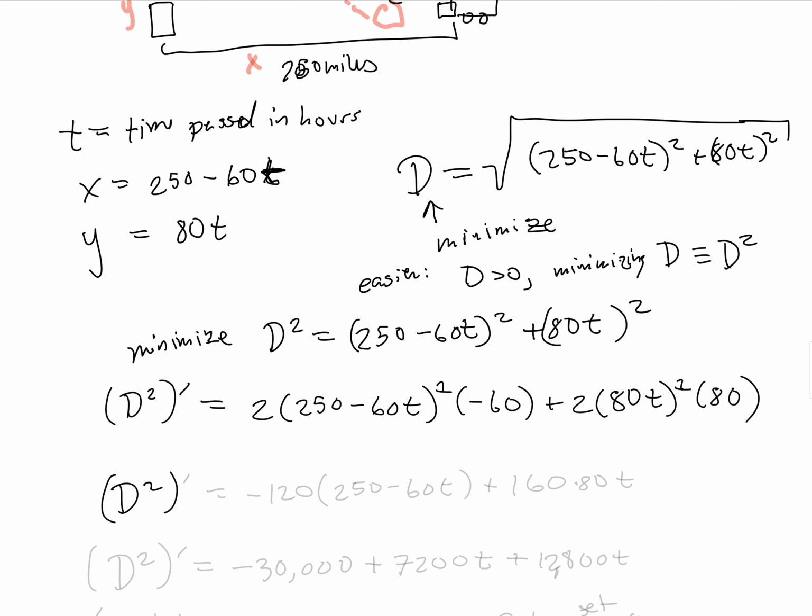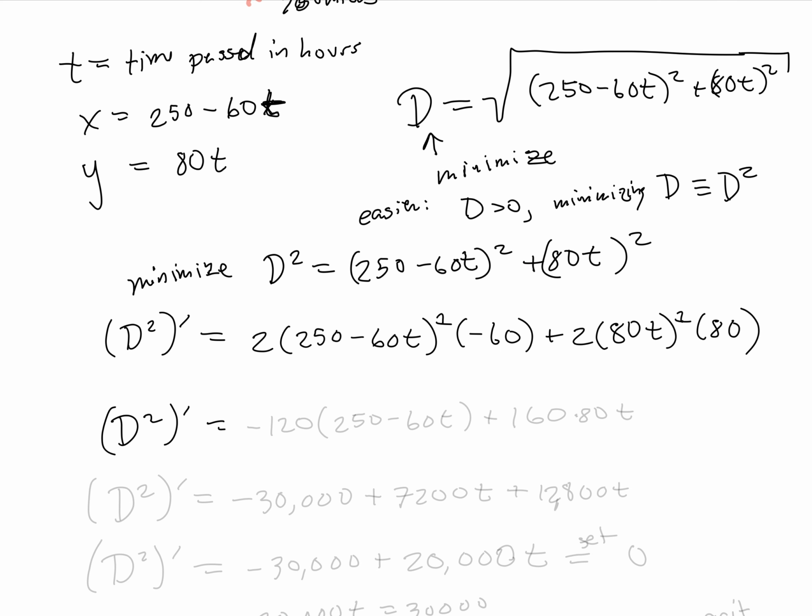D squared prime. So we've got 2 times negative 60, negative 120 times 250 minus 60t, plus 2 times 80, 160 times 80t. And so now I just want to continue to simplify. I can distribute and multiply out to simplify that. So when I distribute and multiply out, I get that the derivative of the distance squared is